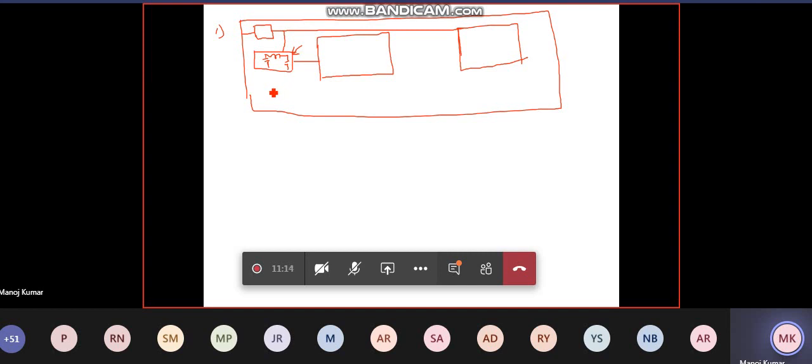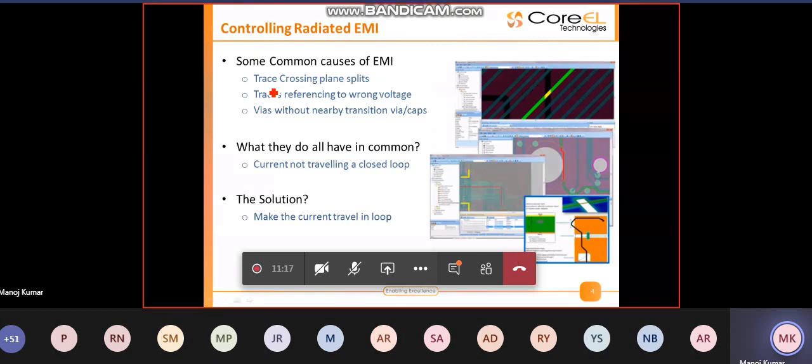So let me talk about radiated EMI in your layout design. Some of the common causes of EMI would be traces crossing plane splits. In a layout you will have power planes and ground references laid out, and you'll find there are lots of power islands. Let's say your design requires more than 5 to 10 different supply rails.